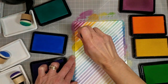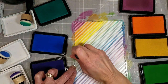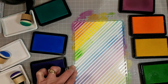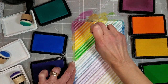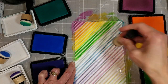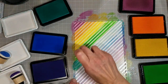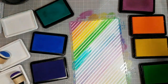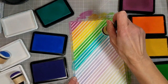I still have some left over, but this is being done with the Hero Hues reactive inks, and I have had to refresh my ink pads with this ink refresher, which I'm told is water with some glycerin. When I use this bottle up, I am going to try that formula out. In the meantime, the colors I'm using here are Berry Burst, Creamsicle, Lemon Drop,